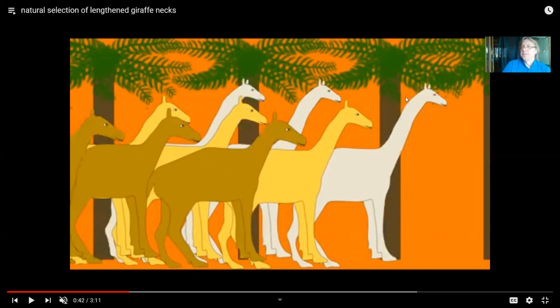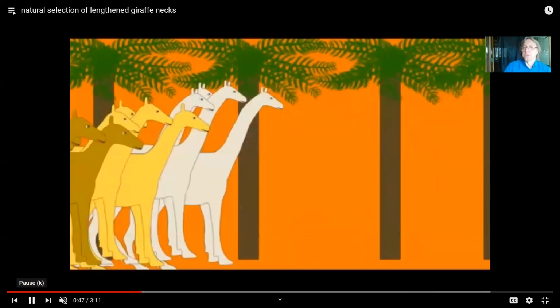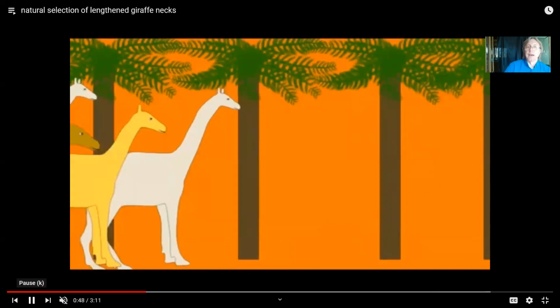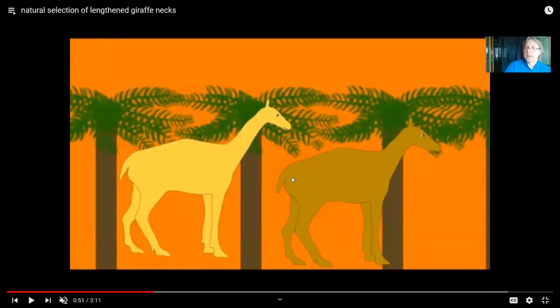And if the vegetation is changing, maybe through drought or a new species of plants or whatever, so that the only really abundant leaves are higher up, then it is an advantage to have a longer neck. The taller ones are more likely to live and more likely to reproduce. And so if here we have two variations, if this one can find food and this one can't, this one is more likely to pass down its genes to the offspring. It's more likely to